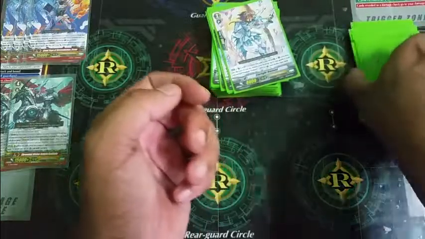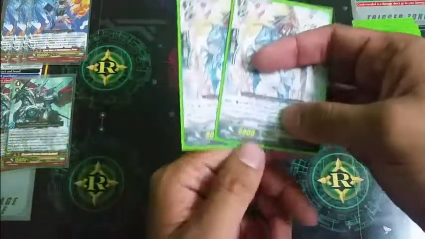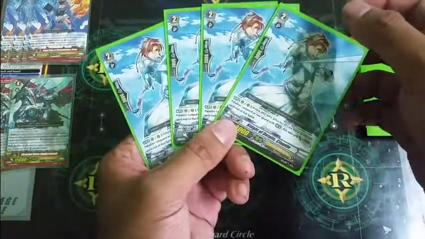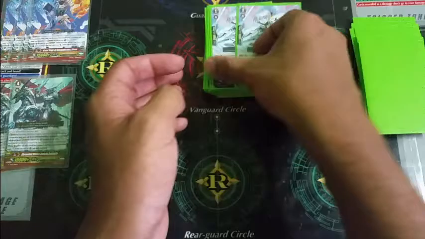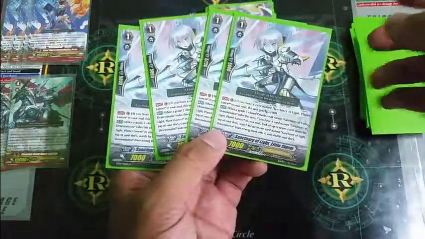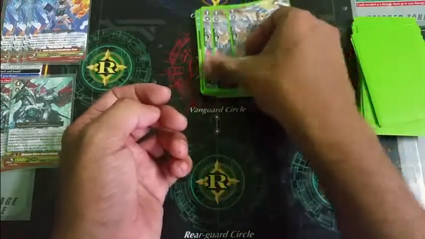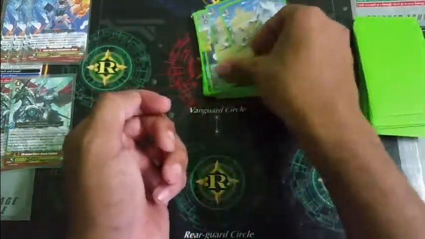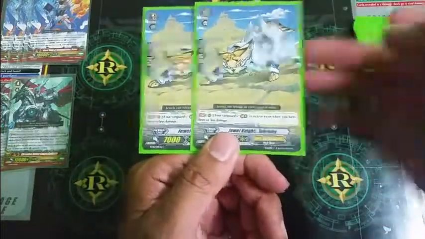2 copies of Starlight Violinist. Next will be 4 copies of Knight of Details, Cloudin. And then for the Grade 1s, I put in 4 copies of Sanctuary of Light, Little Storm, 3 copies of Battle Song Angel, 2 copies of Jewel Knight, Saber Me,